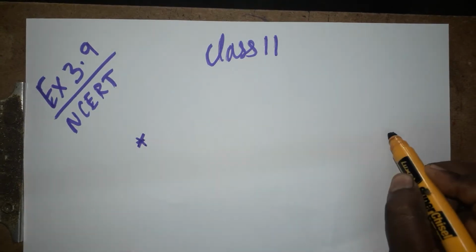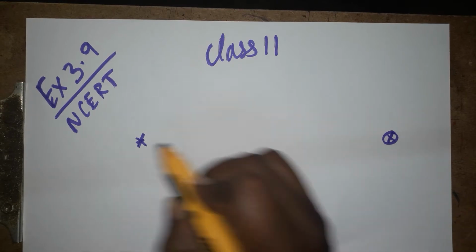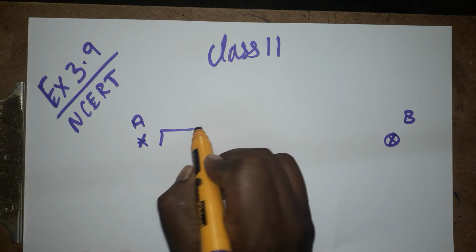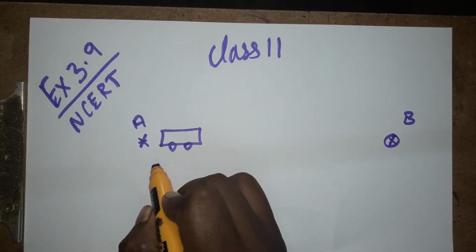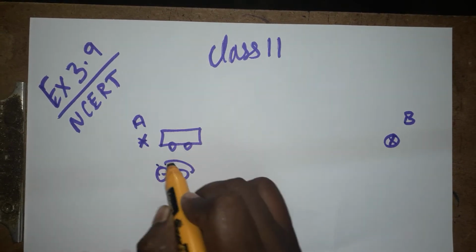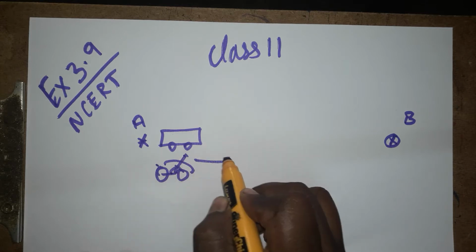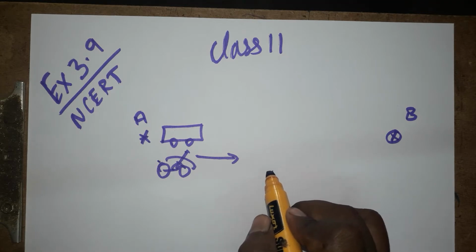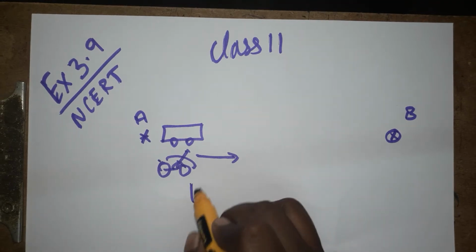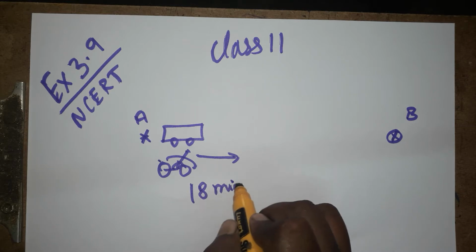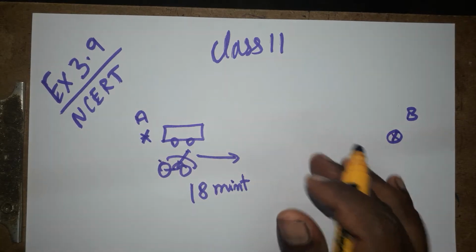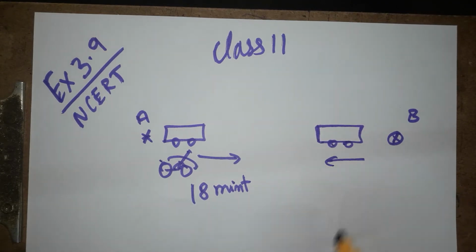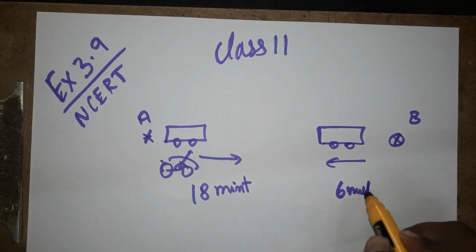First we'll see what is given in the question. Two cities, city 1 and city 2, A to B. The bus is moving. The boy is moving by bicycle. When the boy is moving, every 18 minutes he can see the bus in the same direction. When the bus is coming from the opposite side, every 6 minutes he is seeing the bus.